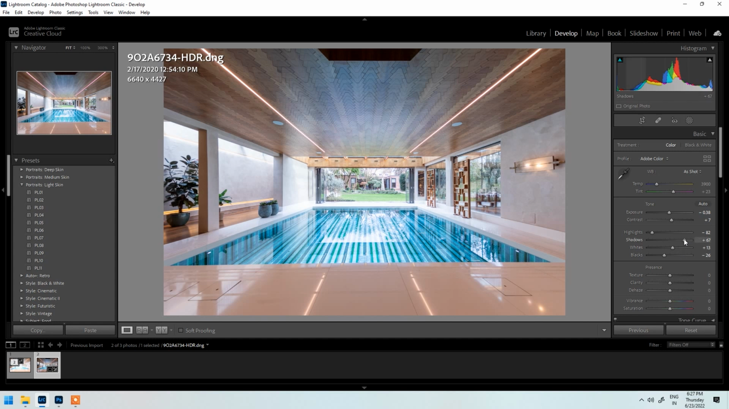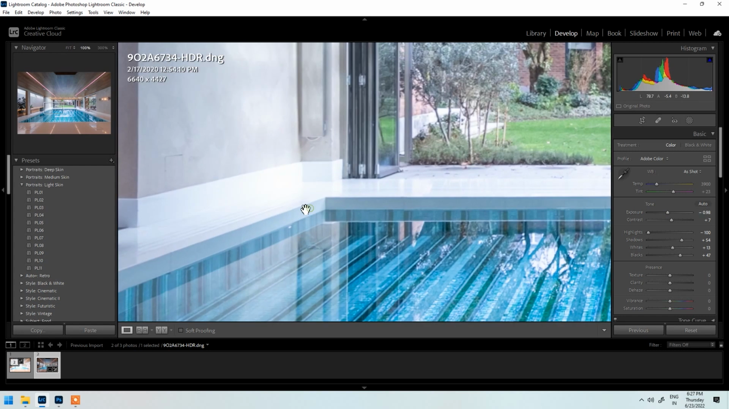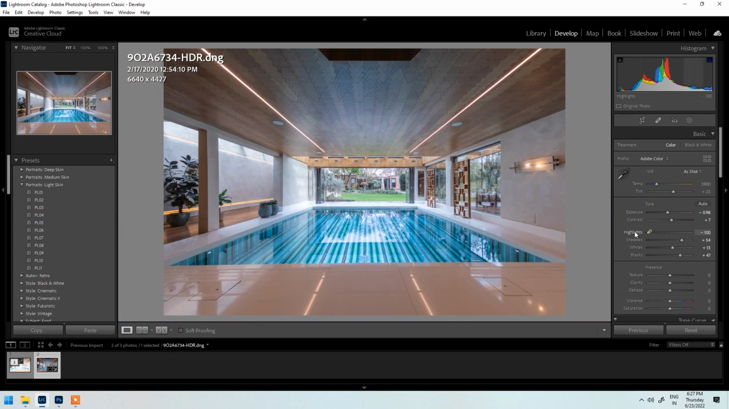So here we can see too much shadow removal. We will bring it to negative, increase blacks, highlights down, exposure down a little bit, and blacks up slightly more, blacks up a little bit more, exposure down, and